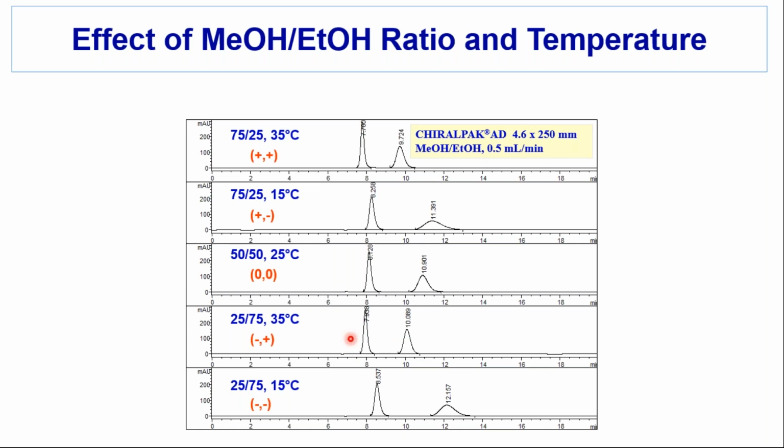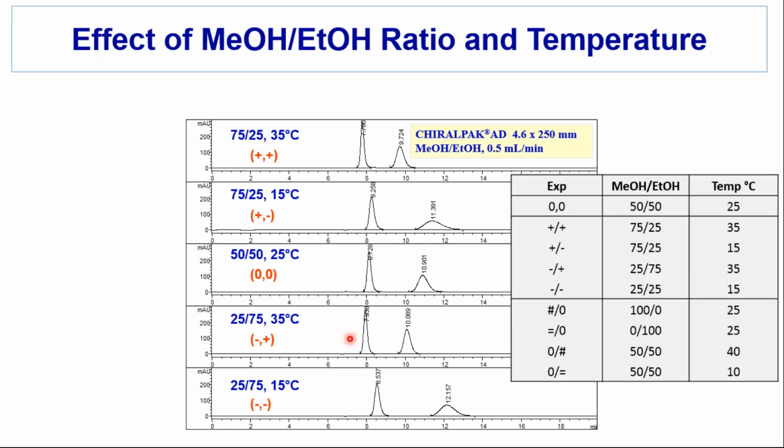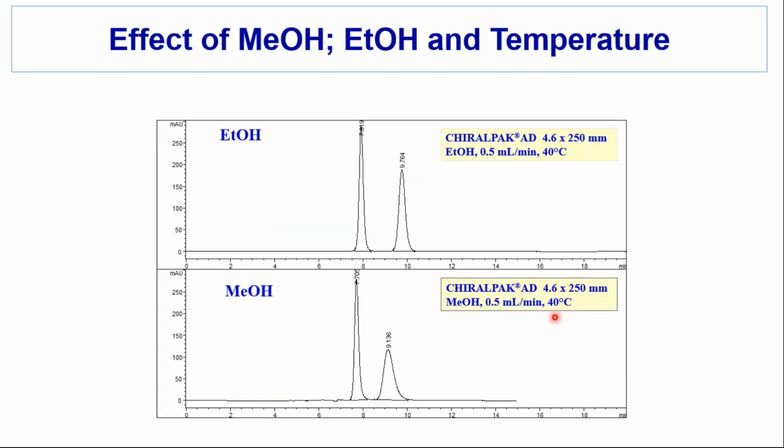So why don't we just go to straight alcohol, and why don't we go to high temperature? That's pretty obvious from this series of experiments. This was 5 experiments to come to that conclusion. We didn't actually need to run all these star points or main effect points. I knew that I wanted to use alcohols at the upper column temperature limit. And so I then just ran those experiments, got a similar retention.